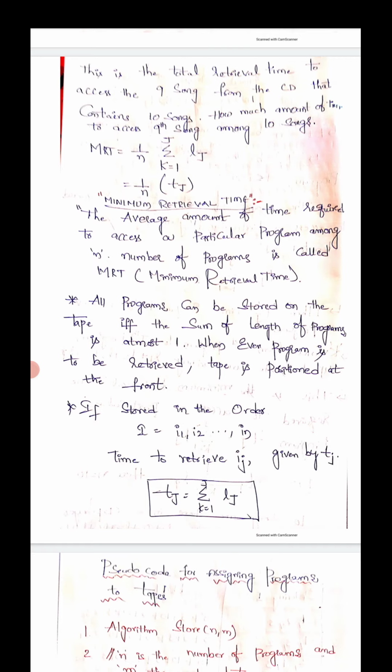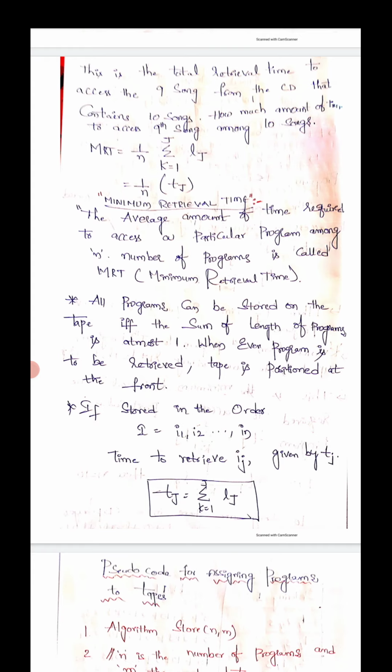That means the mean retrieval time is 1 by n times the sum of T suffix j. What is the minimum retrieval time? Listen carefully: the average amount of time required to access a particular program among n programs